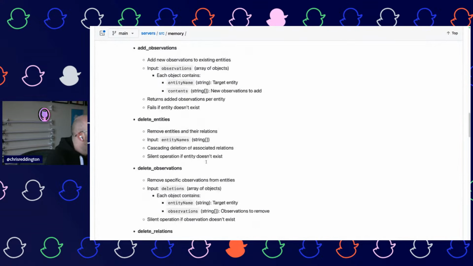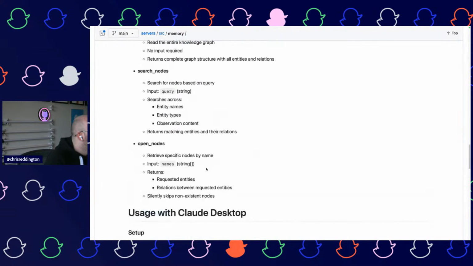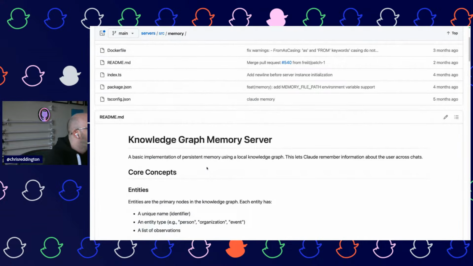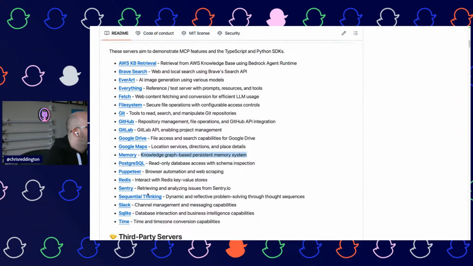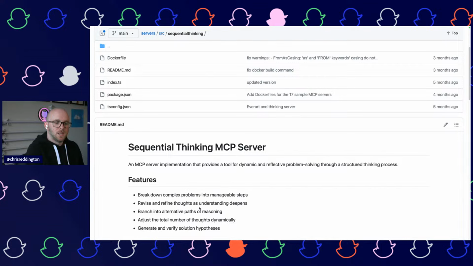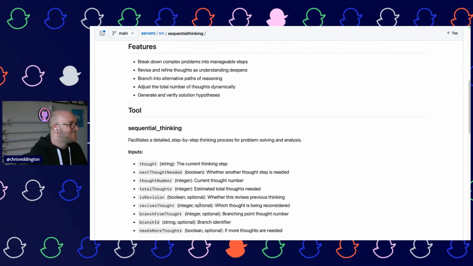You can create entities, relations, add observations, etc., which is cool, which is fine. But I was thinking, and I'm just curious, sequential thinking sounds kind of interesting for a problem like this, because there's going to be a number of different steps that it needs to kind of go through. So I was thinking maybe trying this MCP server, because it's not one I've used, so I kind of want to experiment a little bit, see how it goes.